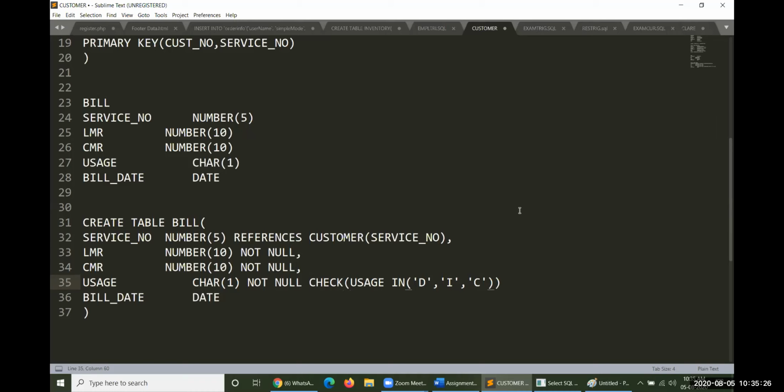And if anybody is trying to introduce lowercase letters, yes, you could also introduce small d or capital I or small c. In this way, you have introduced.